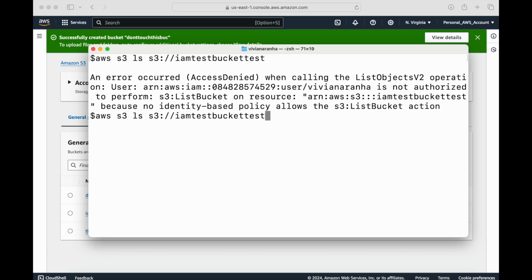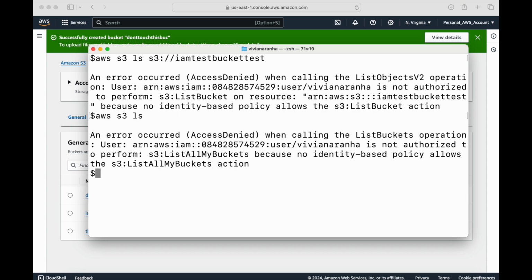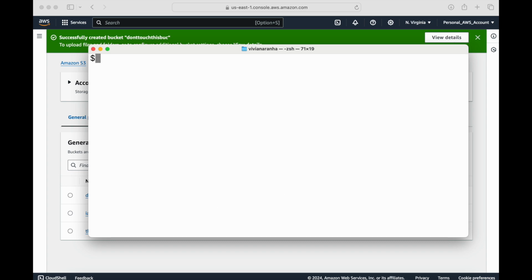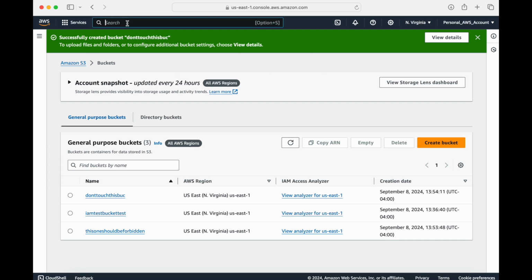Let's see what else he can do. If I say list all the buckets, he can't see anything. There's no list all my buckets access for this user. So let's create the policy first. So I'm going to go to IAM,